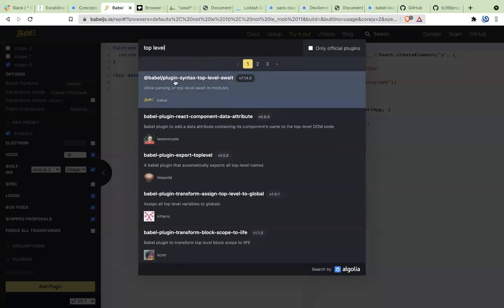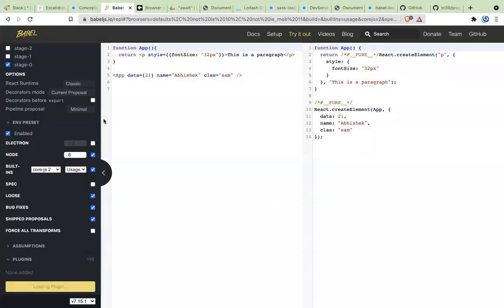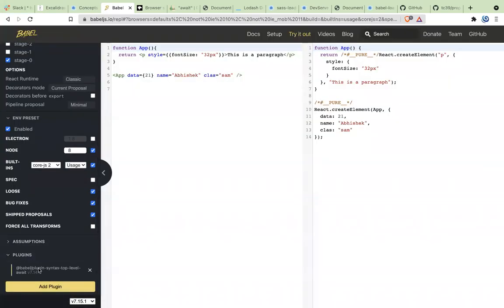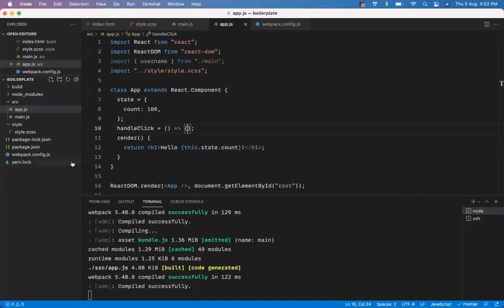Can you see this? So plugin syntax top level await. If you start using this plugin in your packages, you can start using this new feature right away. You don't have to wait for JavaScript to get activated or something. You can use Babel plugins to start using even the latest features that are not shipped yet. You understood? Yeah, sir. Yeah, so that is what it is.